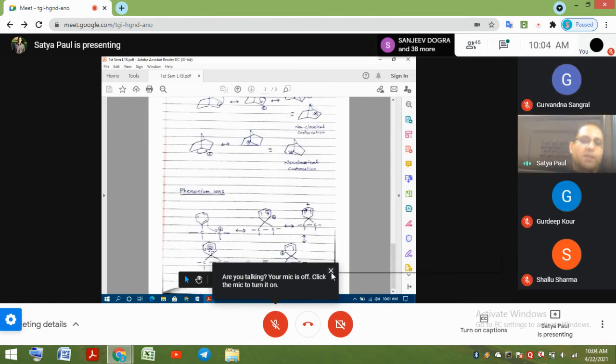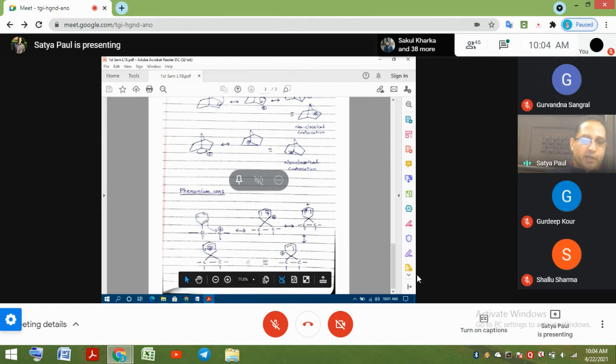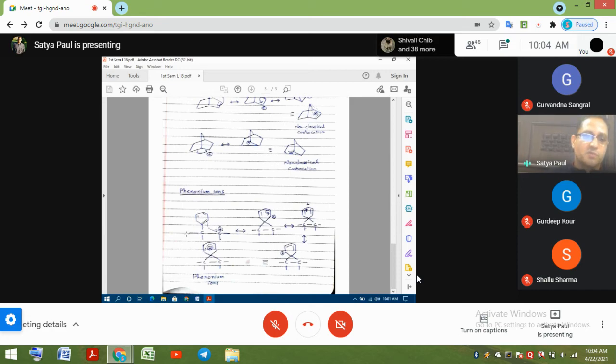The phenonium one, okay. So if you have, because this is the carbocation and adjacent you have a phenyl group and one alkyl group, for example. If one of these two has to migrate, so always aryl has more migratory aptitude, means aryl will get the preference over alkyl.